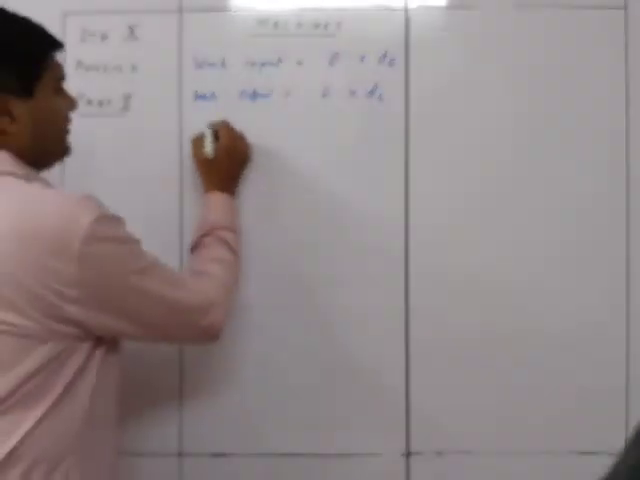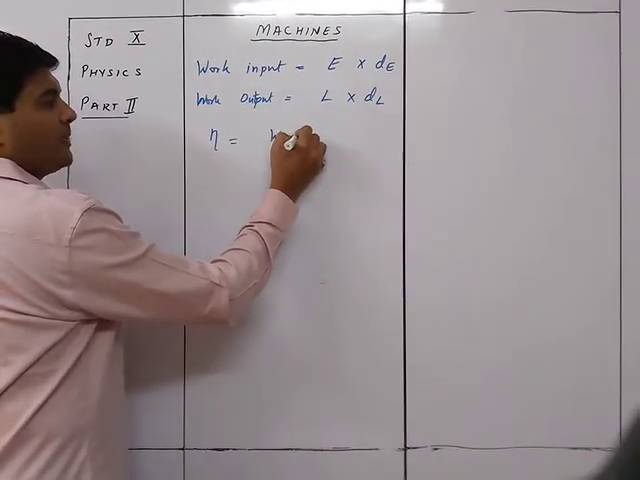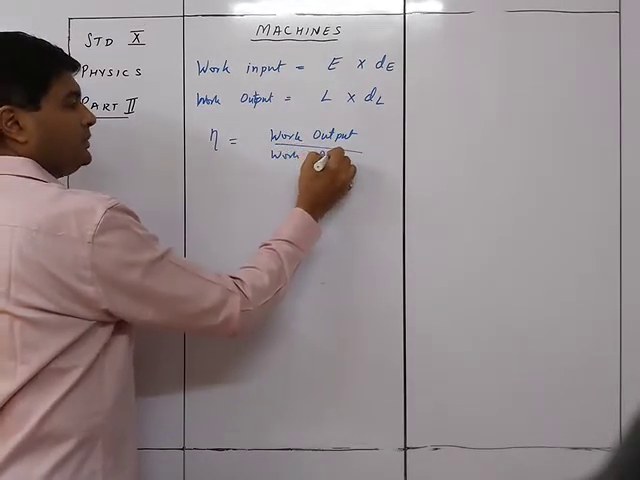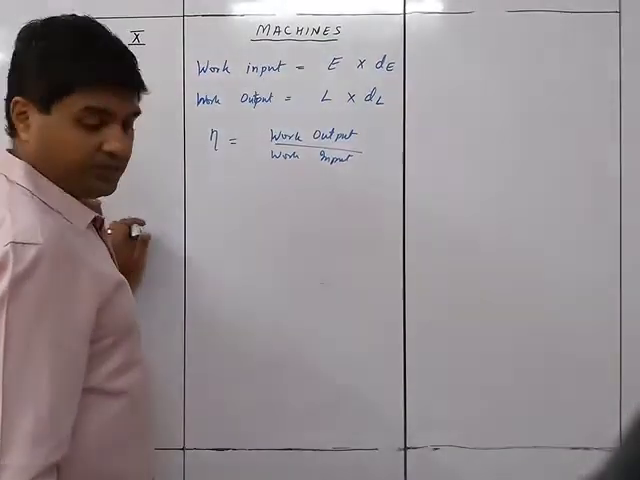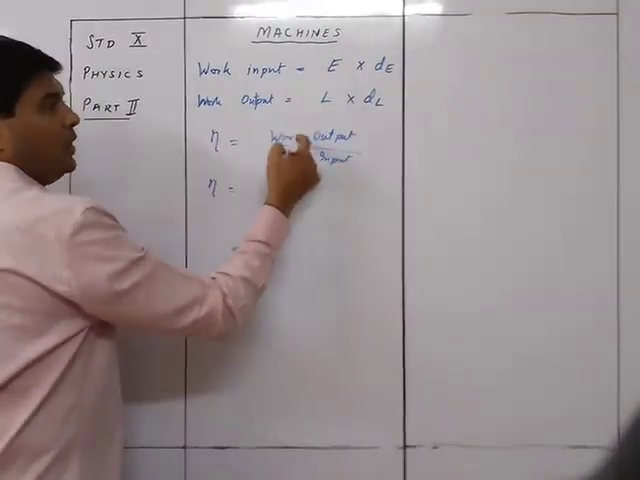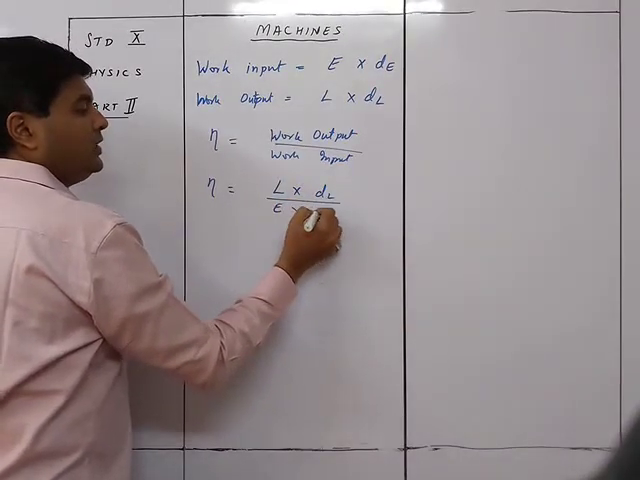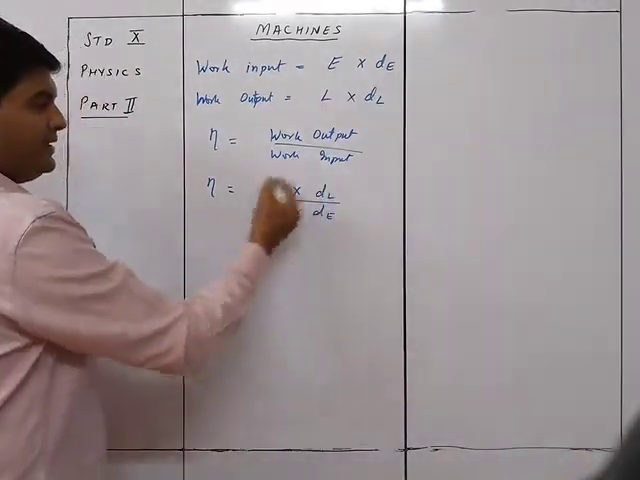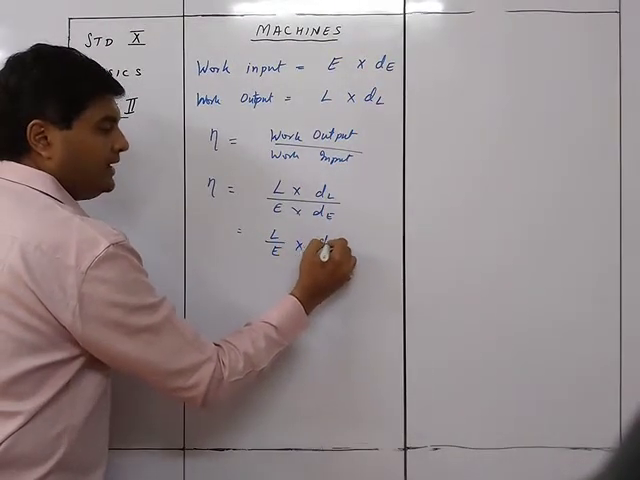Now we know that efficiency by definition is the ratio of work output upon work input. Okay, work output upon work input is efficiency, right? So therefore let's substitute the values over here. So efficiency is equals to work output is L into dL upon E into dE. Got it? Now we can easily split this up. So we can say it is L upon E into dL upon dE,